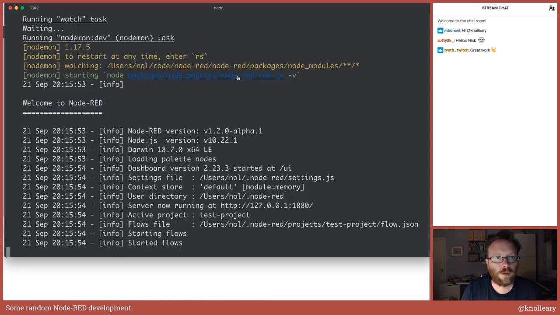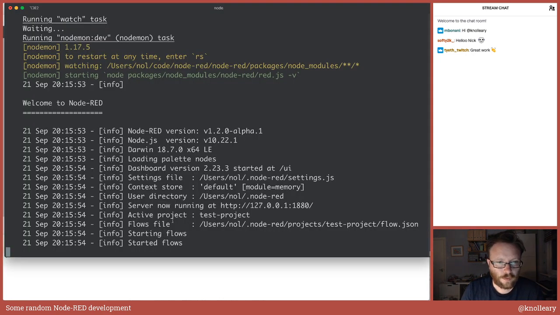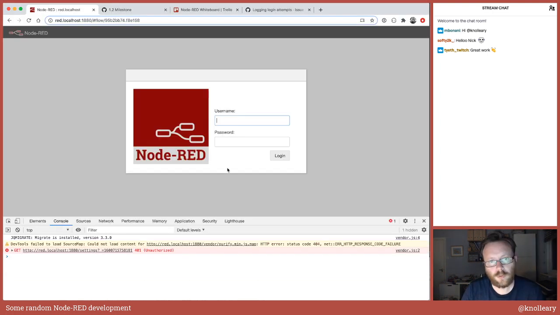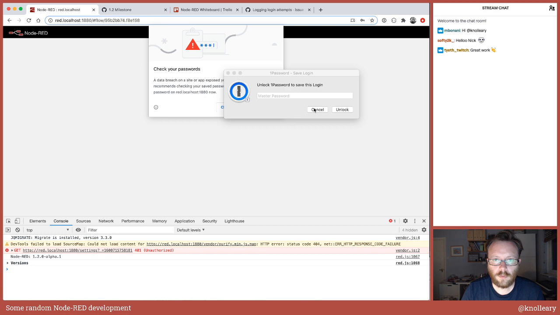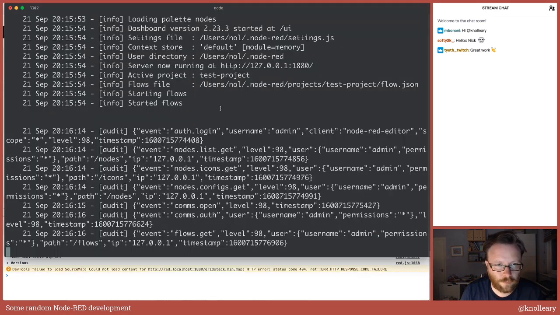So now when we reload, it prompts me, as it should. Essentially, we haven't had an audit log entry at that point in time, but I'm not going to worry about that. If we log in, admin password, because it's quick and easy, but Chrome keeps telling me off for using a dummy password. You can now see actually we've had quite a few more